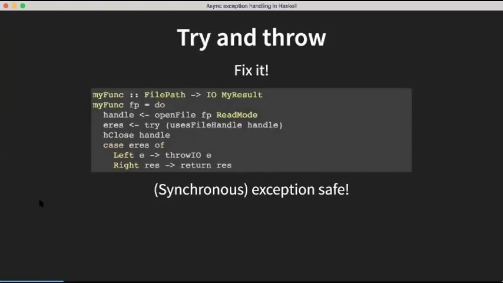Fixing it is pretty easy. We use try and throw. We don't need to worry about putting try around the open file call. If open file fails, it means we didn't open up the file at all. If we didn't open up the file at all, there's nothing that we need to bother cleaning up, which is